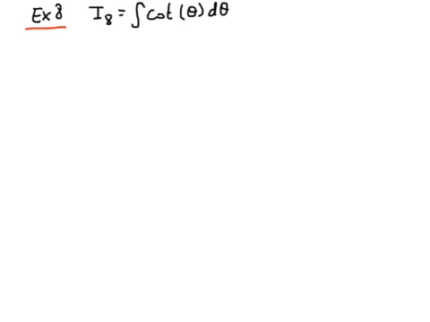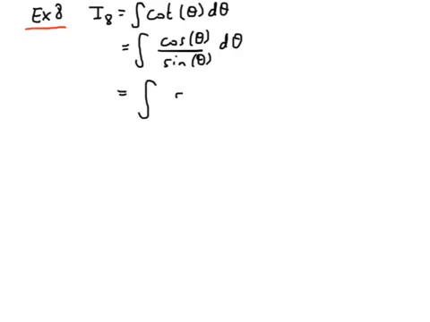So the next exercise is to calculate the integral of the cotangent of theta with respect to theta. And unless you know off by heart what the result is, you have to think about what cotangent means. So what it means is it's the integral here of the cosine of theta divided by the sine of theta. And the cosine of theta we recognize as being the derivative of the sine of theta. So this entire integral has the form of the sine of theta